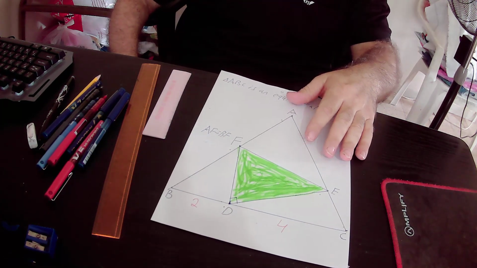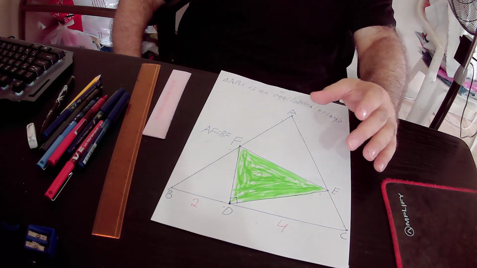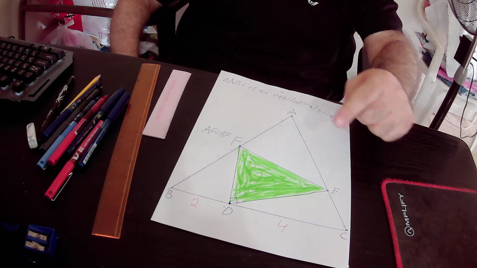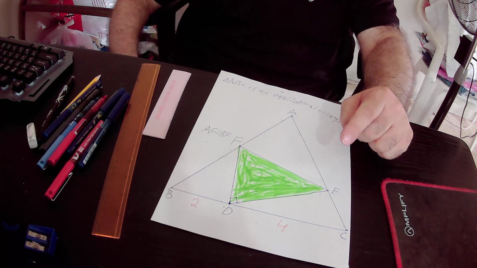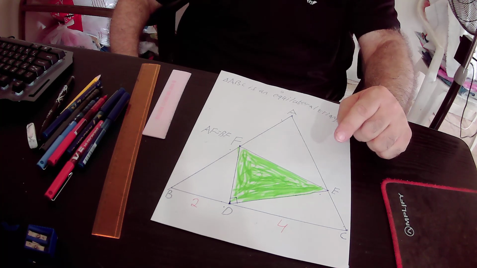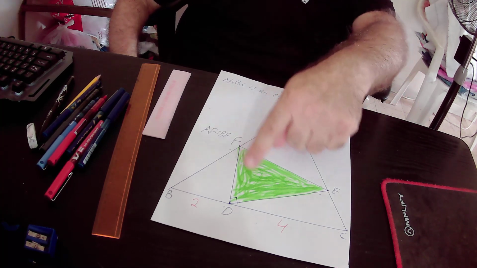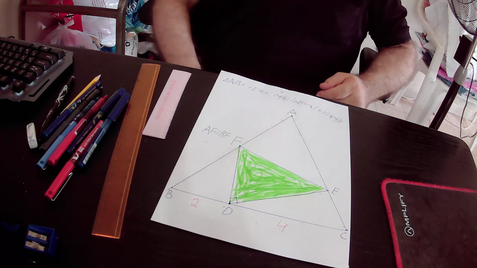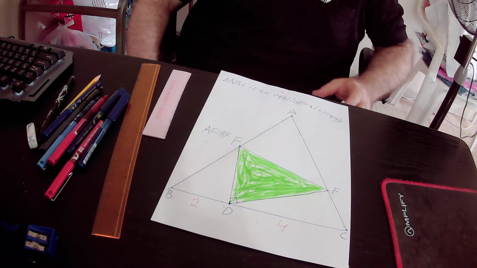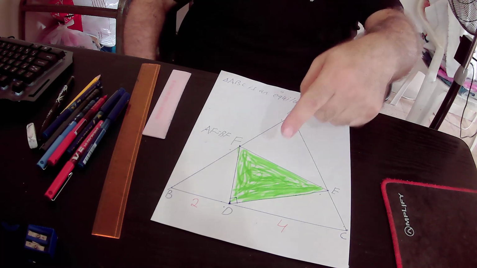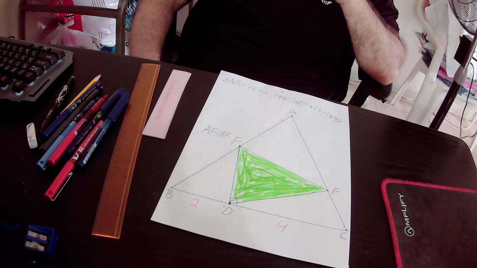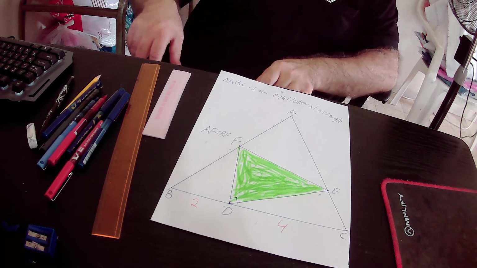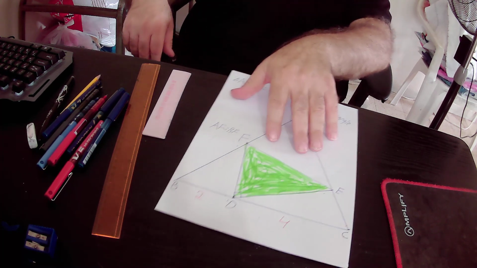Inside the big triangle ABC we have the green triangle FDE, that is a right triangle because angle FDE is a right angle, and we want to find out the area of the green triangle FDE. Okay, first of all,